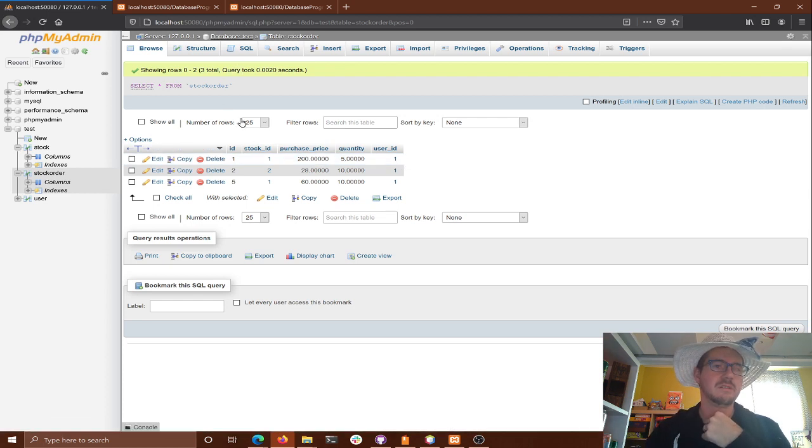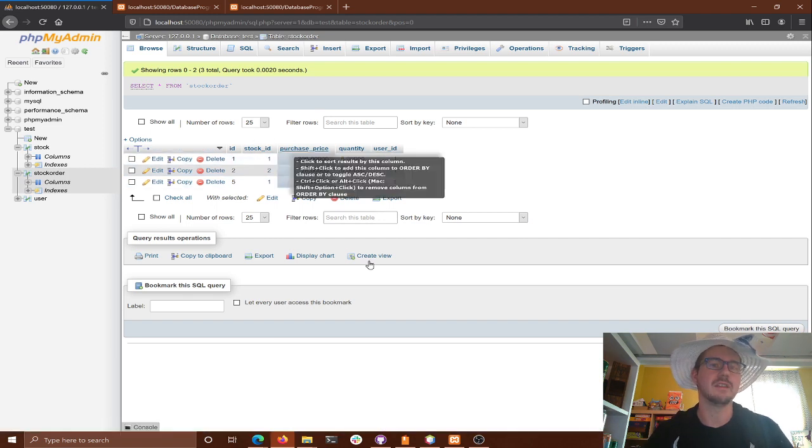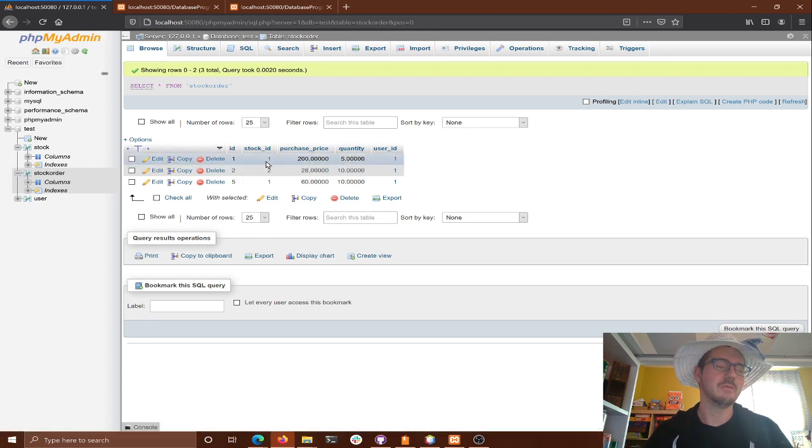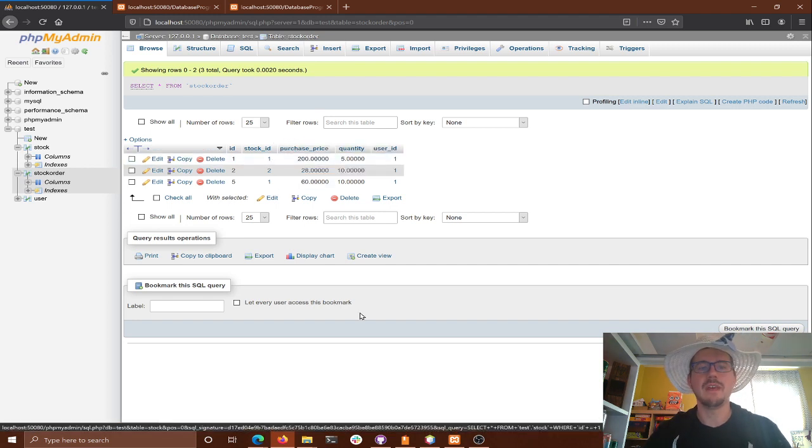The queries are going to be a little bit harder, because we need to do some joins or figure out which stock it is. You can't just say, I want to buy stock ID 1 if you don't know what stock ID 1 is. You want to buy a stock where a symbol is something, so we have to do a lookup, and then use that in the next query.